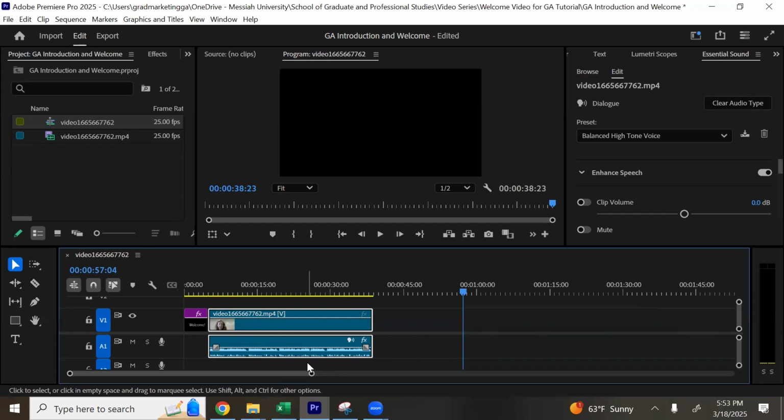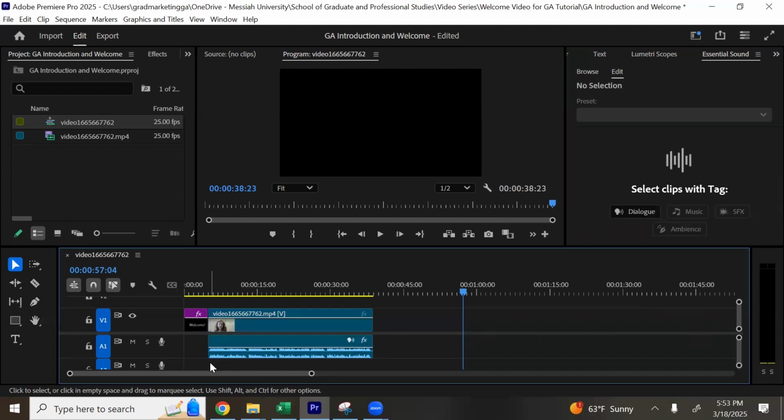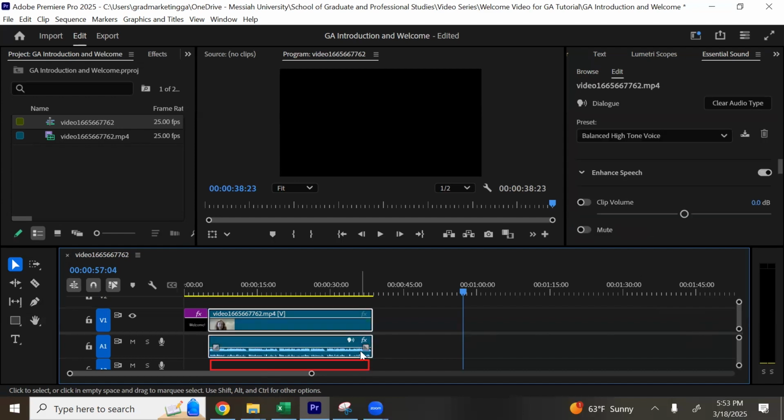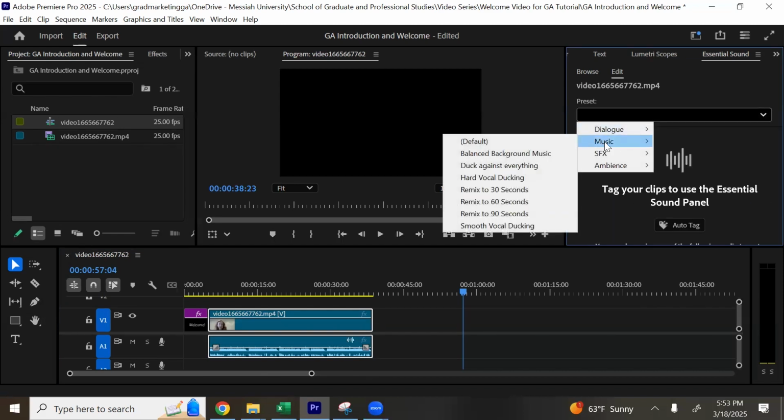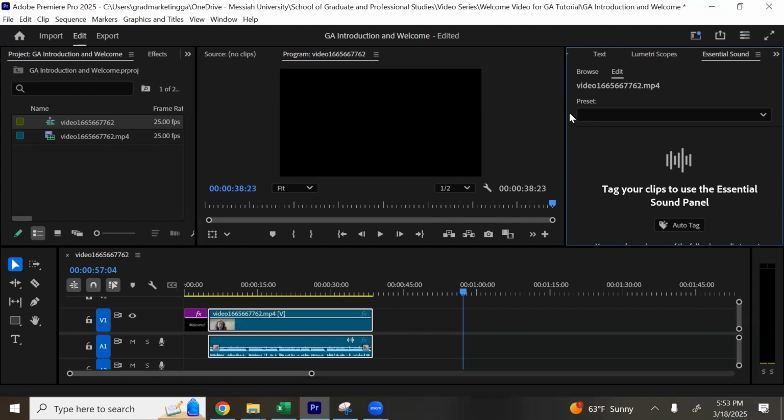If you had a music track as well, the track would be located below your dialogue audio track. And instead of selecting dialogue, you would select music. And the option that I find most helpful is balanced background music. Otherwise, the music will be very overpowering when you have it play along with the dialogue. But when you use balanced background music, it changes the volume of the music track so that it pairs very